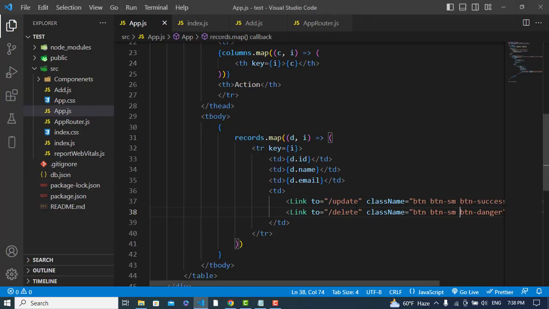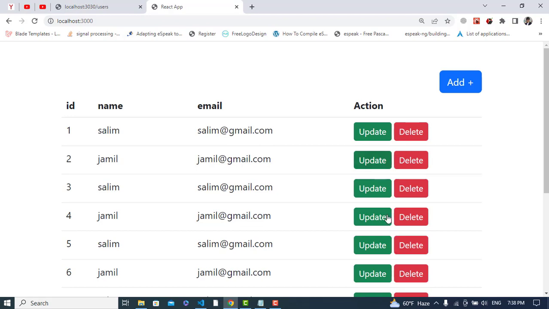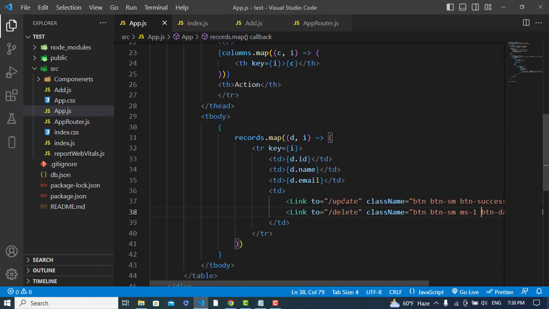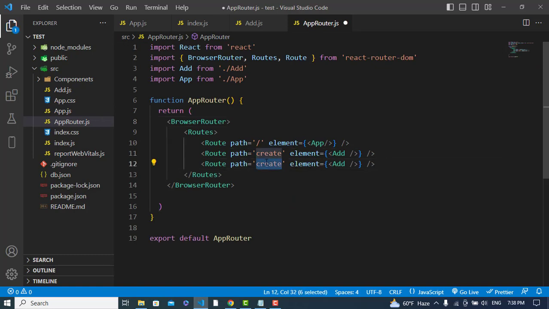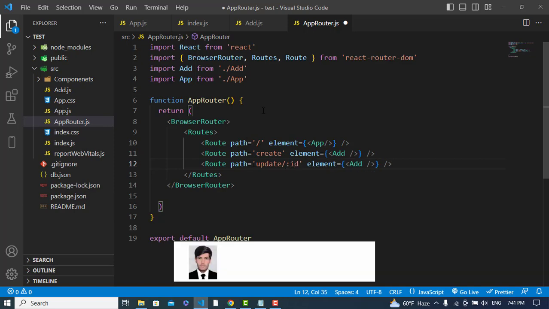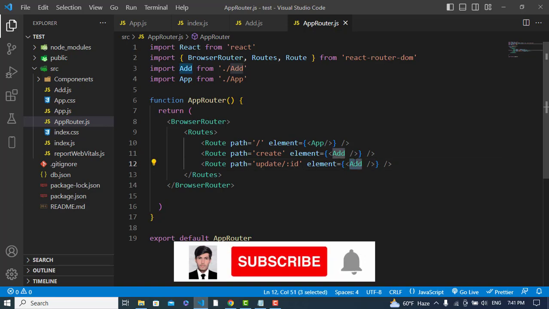A little bit of margin, also margin start 1. It's okay now. So now whenever we click the update, we should go to this link. So let's add this update to our app router. We will write here a route, this should be update, and also within it we should pass the ID to this. And after creating this, now we will create the element by the name of edit,